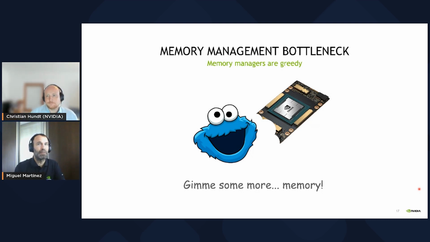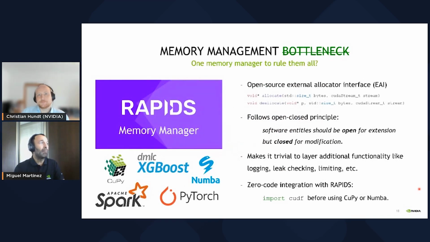What happens is that if you have a complex pipeline, as ours or as any other people's pipelines, you have two frameworks fighting for the available memory. So that's not good. We need to find a solution for that, a way to share the memory between different frameworks. And that is what it is, a memory manager.